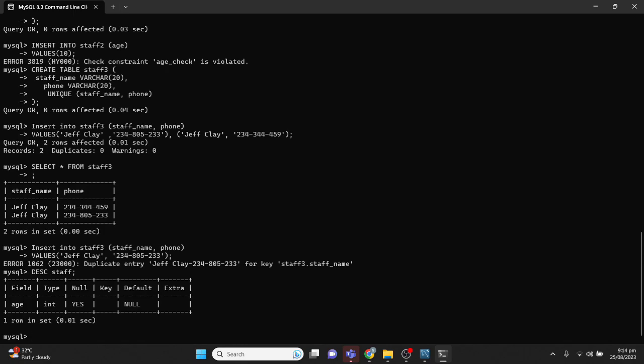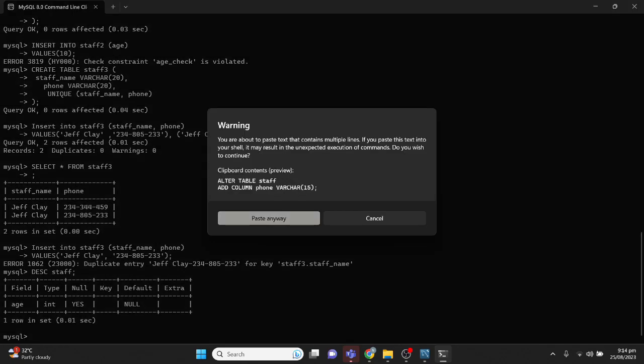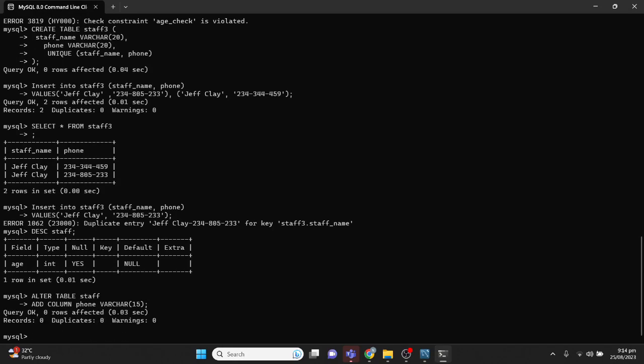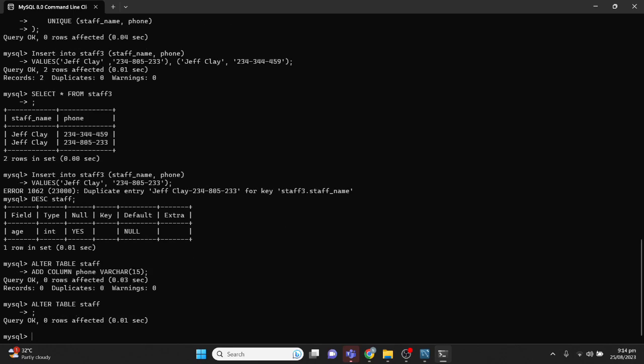So notice that currently the table staff only has one column, and that column is the age column. Now I'm going to paste in this query that's going to add another column. I'll hit enter to execute it. It says query okay. Now I'm going to describe staff